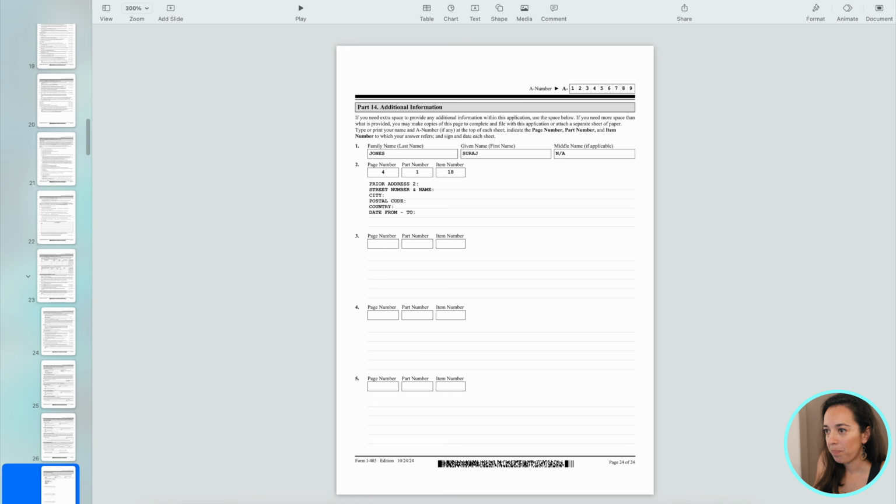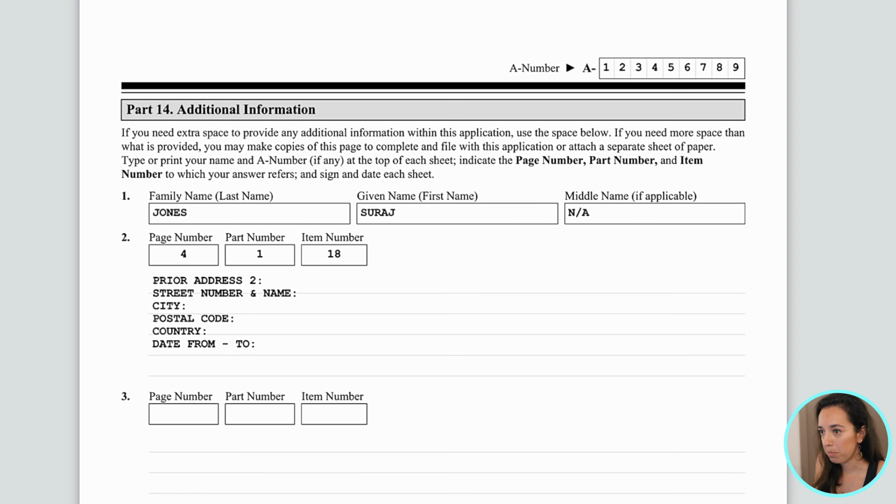Page 24 is the final page, which is part 14, additional information. Just remember to fill out your name and a number on this page, even if you aren't using this form for any additional